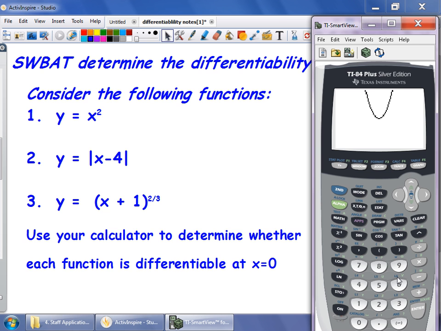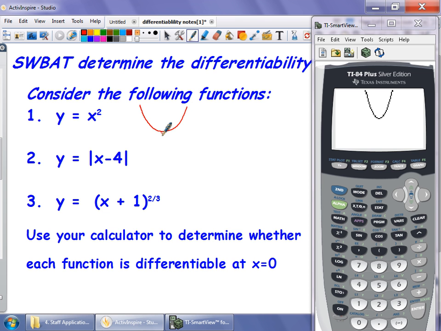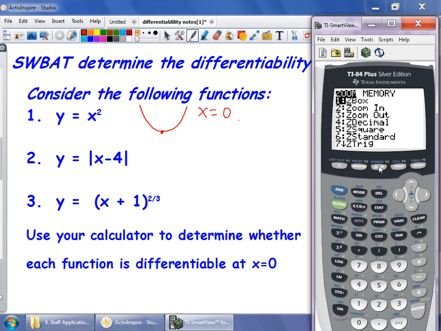I'm going to bring that up on my calculator, and you will notice that I've turned the axes off. I want to investigate the vertex of this parabola. And the parabola looks something like this, and it opens up. And I want to determine whether or not the function is locally linear at x equal to 0. Or I'm really trying to figure out whether the function is differentiable, has a derivative, or has a slope at x equal to 0. So if I use the zoom in feature of my calculator, and that would be zoom 2 if you're using a TI,